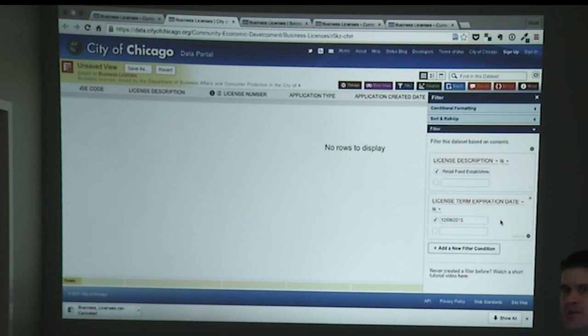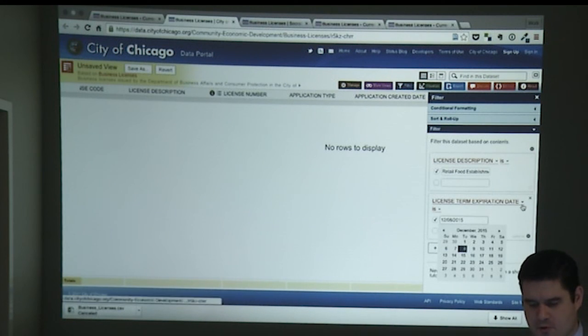Well, okay, so that seems to be too narrow. Let me back out a little bit, and I'm going to undo the look for retail food establishments. So maybe I just want to look for all licenses that expired yesterday. On those particular days, nothing happens to expire, but I can do other more sophisticated queries,